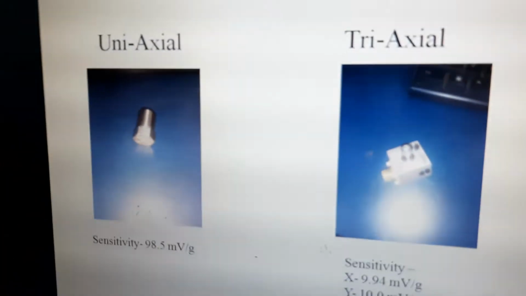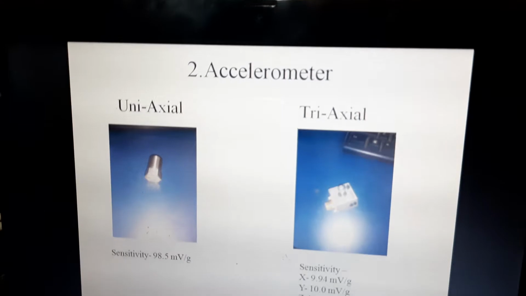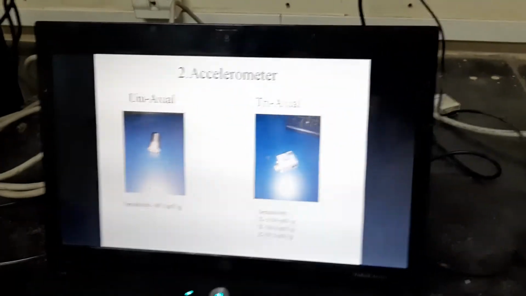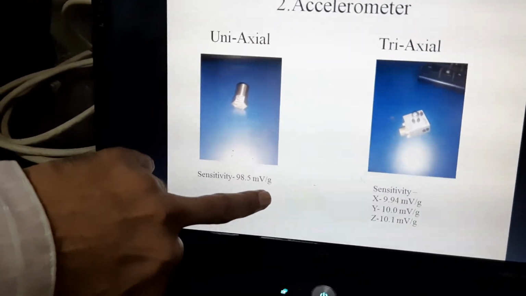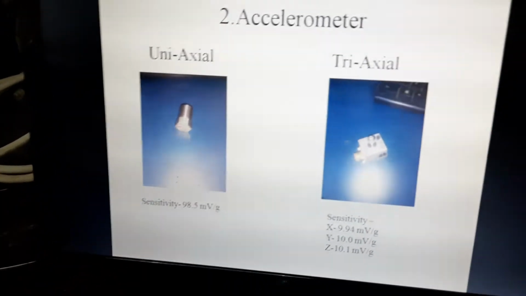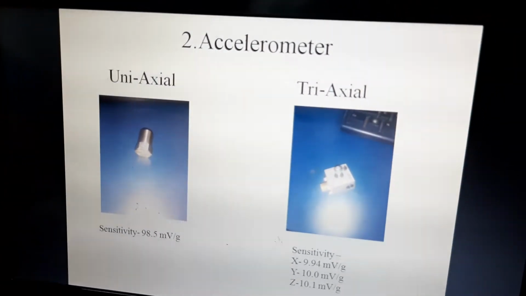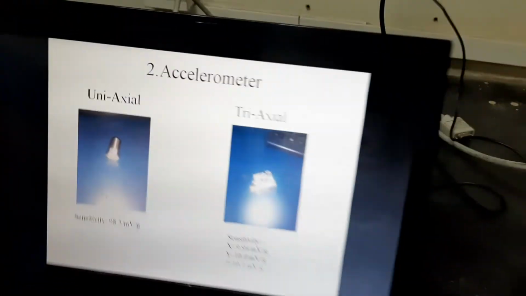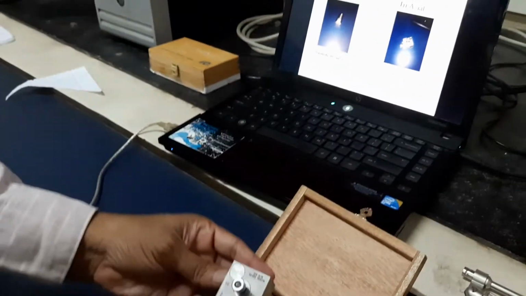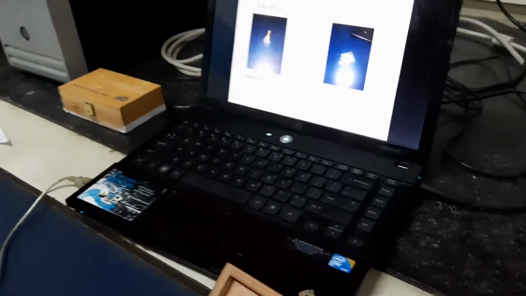We have two accelerometers. The first one is a uniaxial accelerometer and the second one is a triaxial accelerometer. The sensitivity of the uniaxial is 98.5 millivolt per gram, whereas the triaxial accelerometer can be used for all three directions, so you can get the accelerations in all three directions.